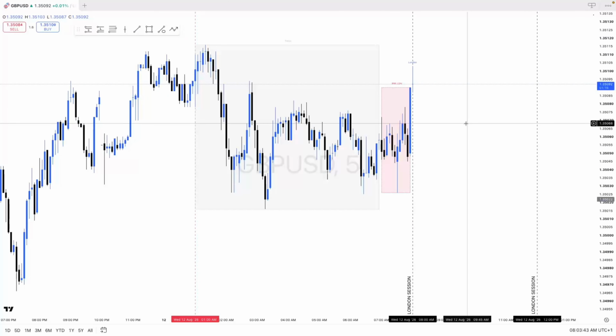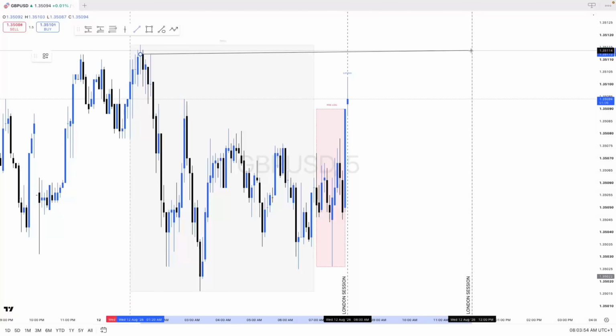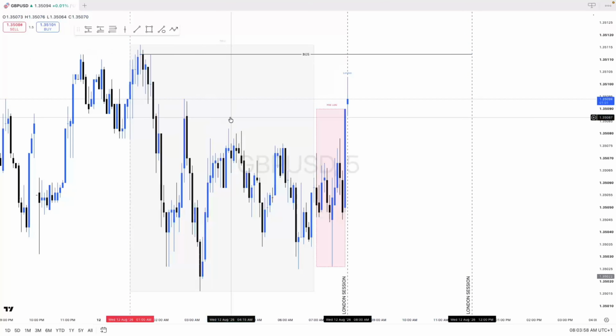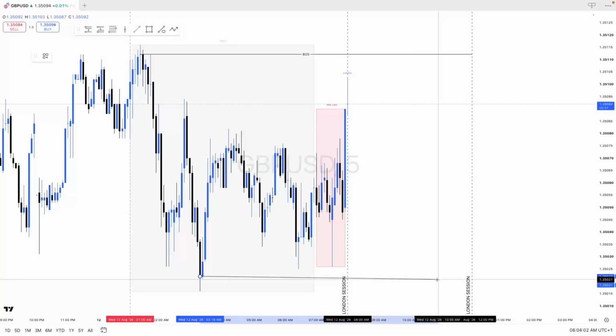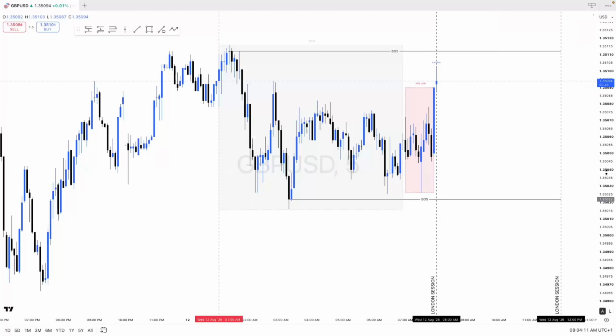So it is 8:03 a.m. and it is Wednesday the 12th of August 2026, and we are looking for either a break of the highs, which would be up here, or a break of the lows, which are down here. Once we get a break, we will either see a continuation or signs of a reversal, and we will enter,